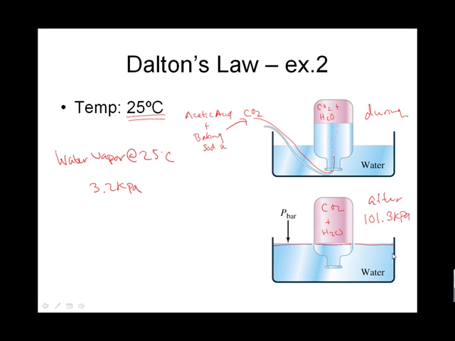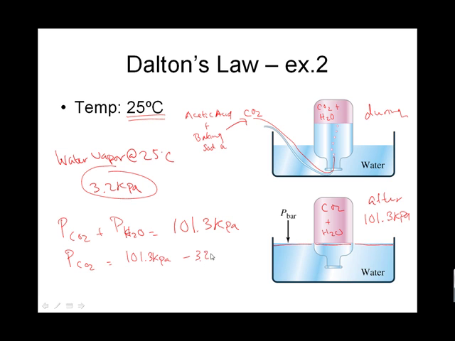So I know that inside the container, the pressure of CO2 plus the pressure of H2O is 101.3 kPa. I know that the pressure of water vapor is 3.2 kPa, so the pressure of CO2 must be 101.3 kPa minus 3.2 kPa, which comes out to be